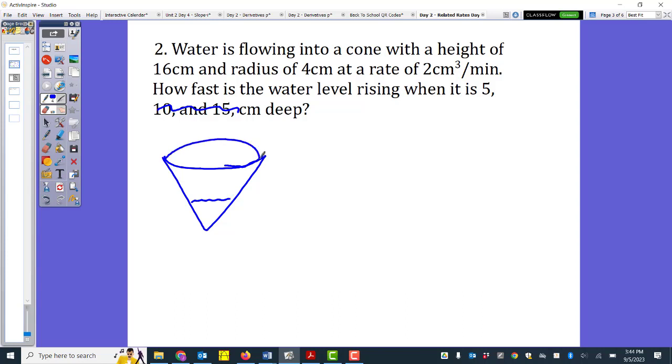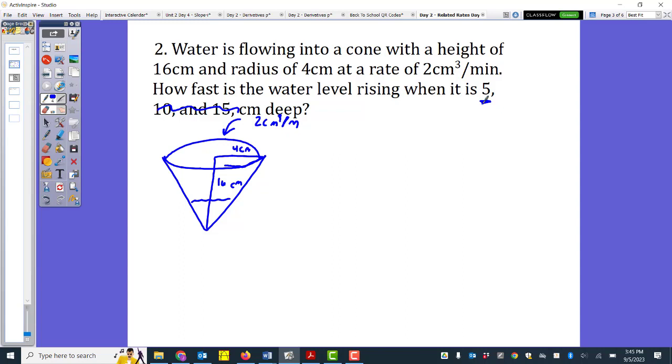Now, the cone itself, the whole cone, has a radius of 4 centimeters and a height of 16 centimeters. And we have water flowing in with a rate of 2 centimeters cubed per minute. Now, the 16 centimeters is not the height of the water. That's the full height of the cone. The height of the water is 5 centimeters that we're looking at. Okay, we need to keep that in mind. The reason this is important is because of what we're going to be looking for here. All right, we only are looking for the rate of change of the water level,